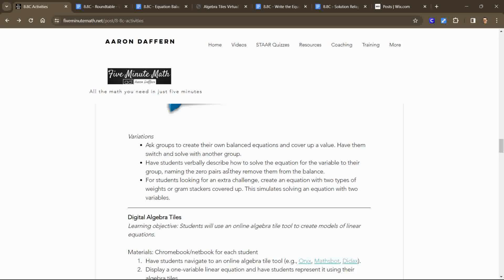So here are some variations. You can ask students to create their own balance equations and cover up a value. Once they get the hang of it, they'll like creating a few of their own. You can have them verbally describe how they solved the equation. So how did they know to take out zero pairs? Let's use some of that academic language. And for those that want an extra challenge, I know it's not an 8th grade standard, but maybe they can create a 2 variable equation, with 2 different types of weights or gram stackers covered up. And they can see if they can represent that maybe with an X and a Y,